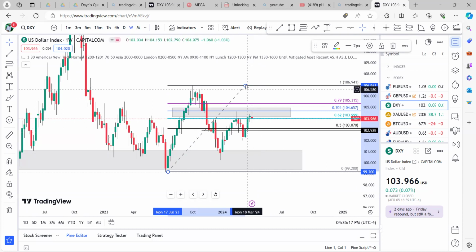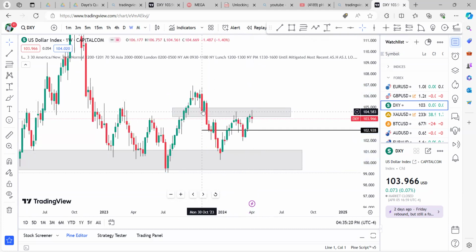What kind of PD array are we looking at? This order block together with this fair value gap. There is another relative equal high, this swing high, as liquidity. So price can trade this order block and then probably retrace back into this fair value gap together with this order block and continue higher to pick out this swing high, or price can trade up and close above this fair value gap.